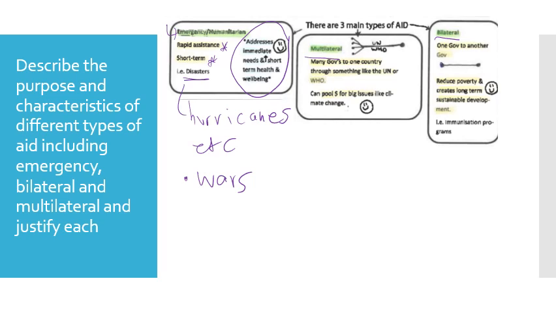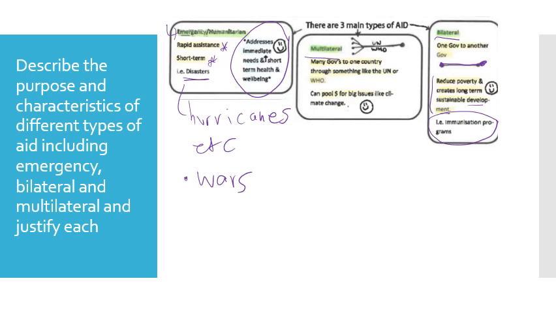Bilateral just means from one government to another, which is what this little picture means. They aim to reduce poverty and create long-term sustainable development. So this is a longer-term program. An example is immunisation programs. The Australian government, for example, donated money to Indonesia so that the babies can be immunised against measles. Okay, and that's just an example, and I think it's a made-up example too, but I'm just showing you